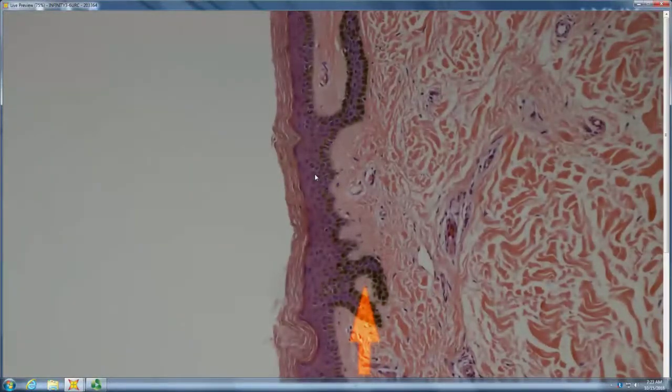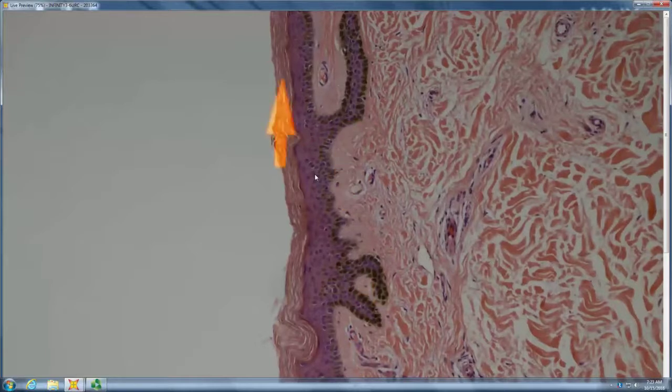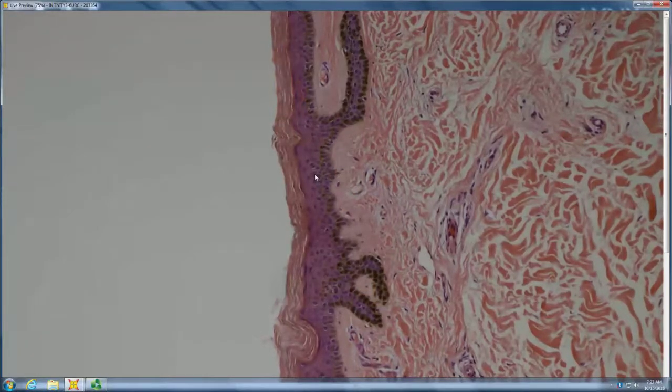There's some compact orthokeratosis, and then there's not really much of a granular layer, so you're thinking ichthyosis vulgaris. Correct. Ichthyosis vulgaris is orthokeratotic with a diminished granular layer,